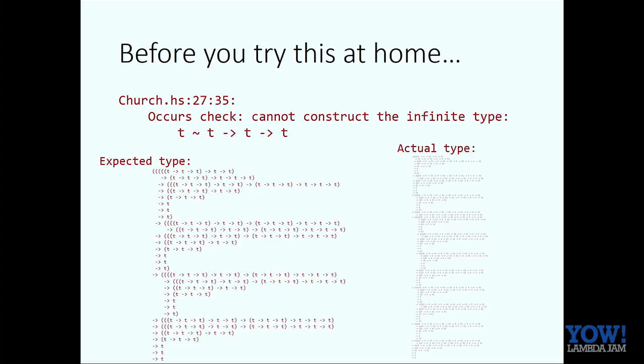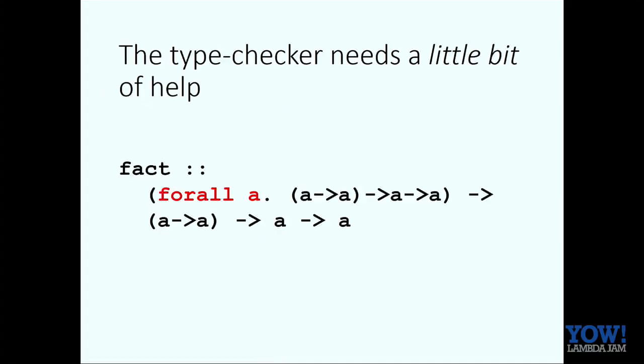And by the way, this is the first time I have ever had the chance to use a 3-point font on a slide. Now, I realize even this might look a little overwhelming, but don't worry, there's more. It also tells you the types of all the variables in scope. So the problem is that although you can run this code in Haskell, it's just a little bit too tricky for the type inference to understand it. So you have to add the red symbols, 2 symbols, and you have to tell the type checker what the type of the factorial function is. The black stuff is all stuff that the type checker could infer by itself. The red bit you have to add. So if you want to try it out, don't forget to do that.